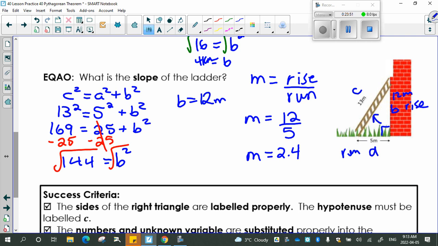See how EQAO is famous for putting two things together. So they're testing if you can do the Pythagorean theorem. They're also testing if you know the slope formula in the same question. Okay. All right, so